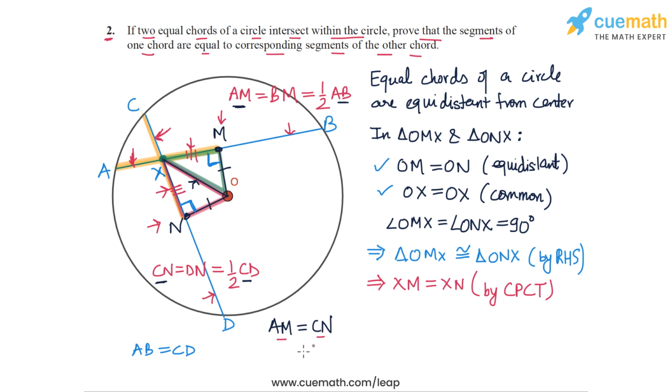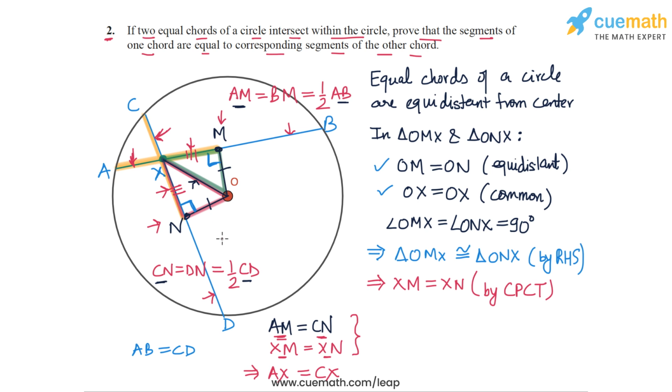So AM is equal to CN and XM is equal to XN. If we subtract these two equations, on the left hand side we will get AM minus XM, and you can see from the figure that AM minus XM will be AX. So this will be AX, and on the right side we will have CN minus XN, and CN minus XN will be CX. So AX is equal to CX,